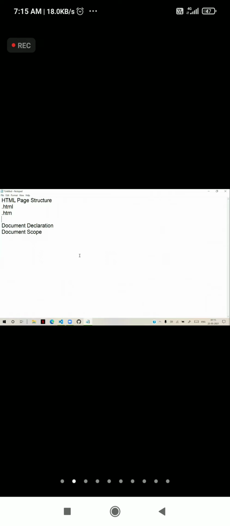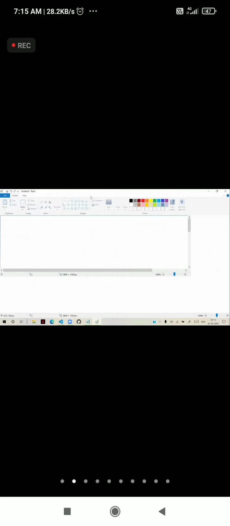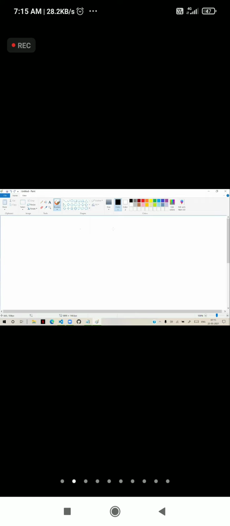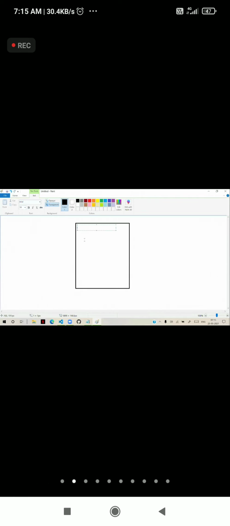That means, at the high level, an HTML page comprises of these 2 areas. You can see, I'm just structuring here. At high level, the page first contains the document declaration.